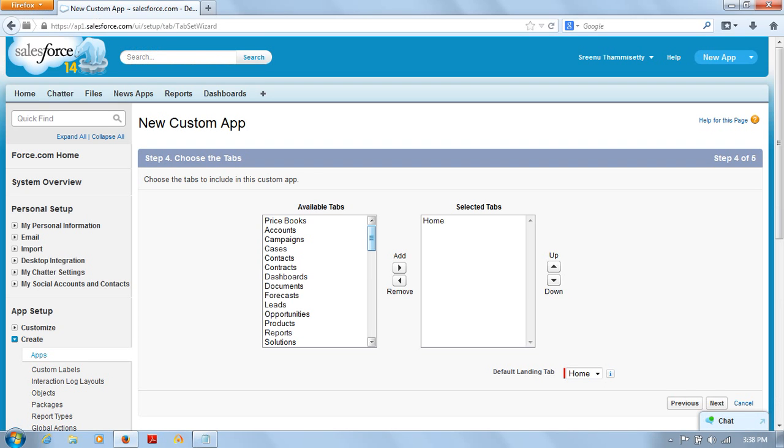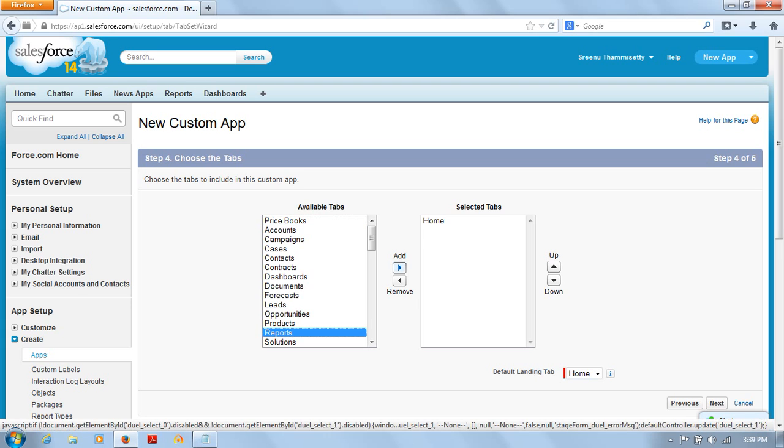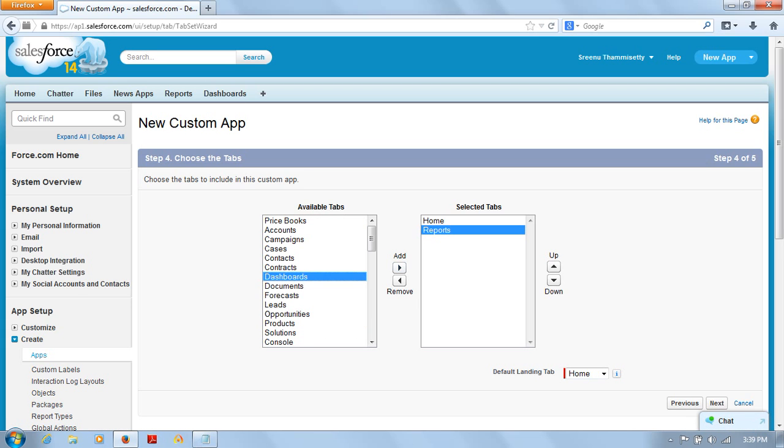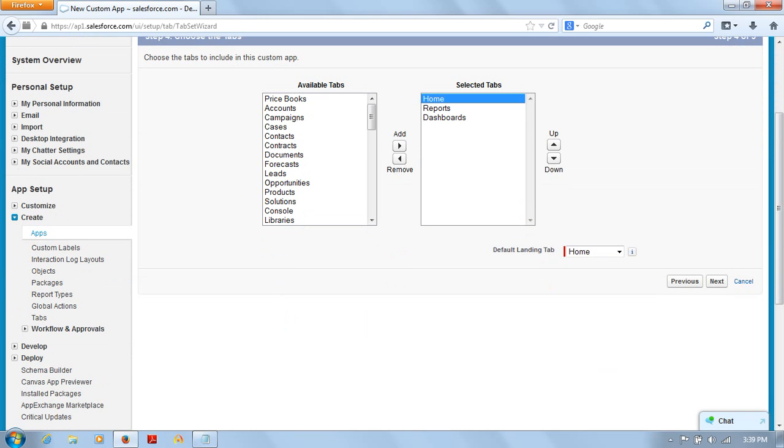So in the step number 4, select which tabs to be displayed on the current application you want to create. There are several tabs available here. You can select which tab to be displayed on our application. This time I am selecting reports, dashboards. Additionally, by default home is created, and coming to default landing tab,